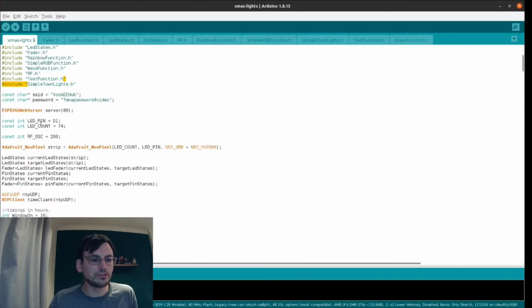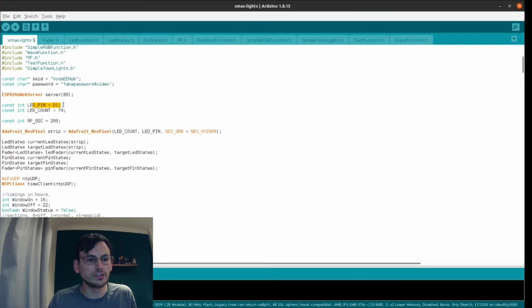So there's various settings, such as what pin it's connected to on the board. I was using D0, but I think it didn't work. I don't know if that was one of the boards or the connections, maybe with the breadboard, anyway. D1's never let me down. There are 74 LEDs, that's really important